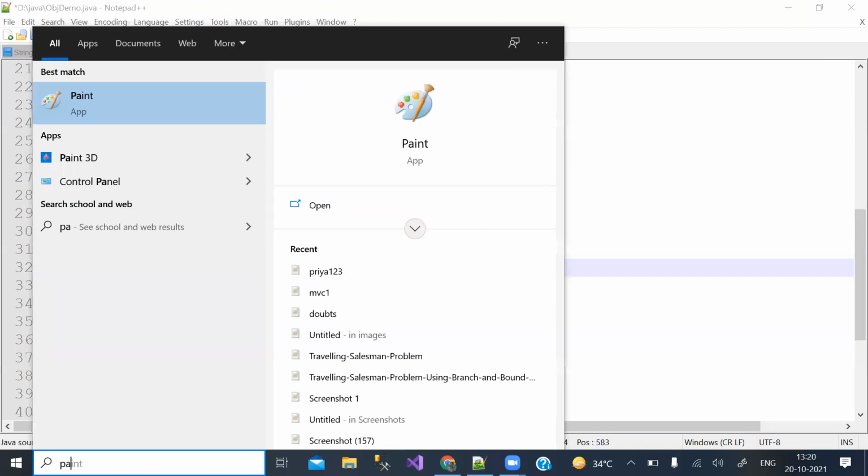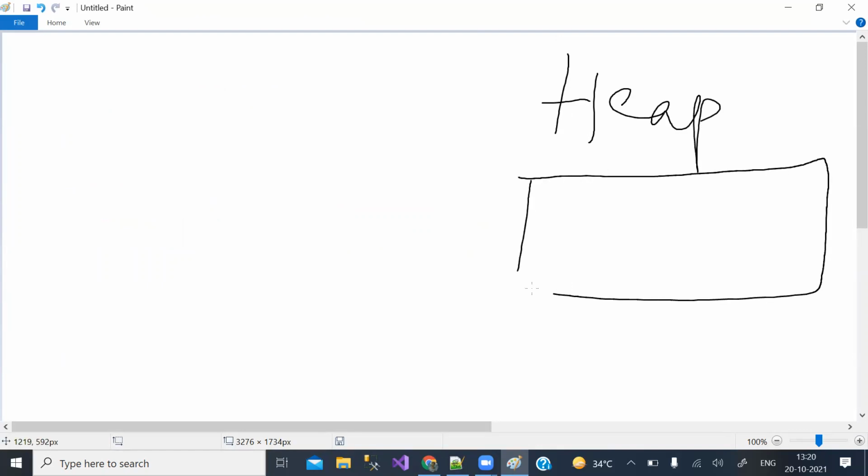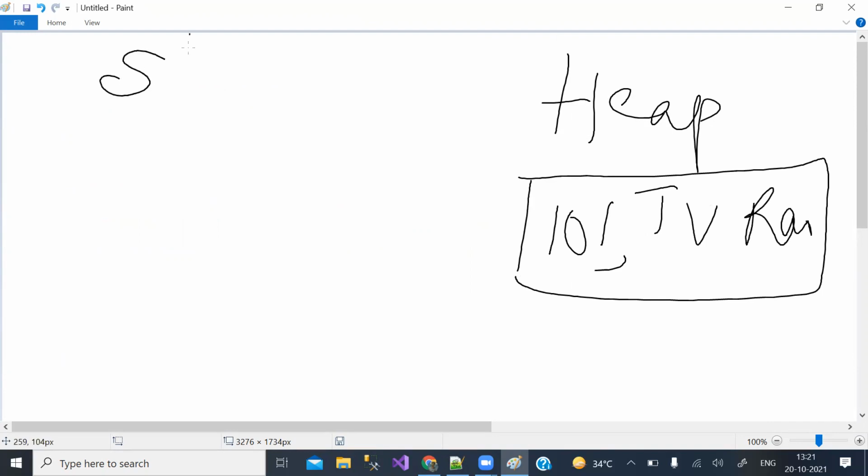Let's go to Paintbrush. In heap memory, an object is created with data 101 and TVRow. Its address is stored in stack memory in a reference variable called E1.